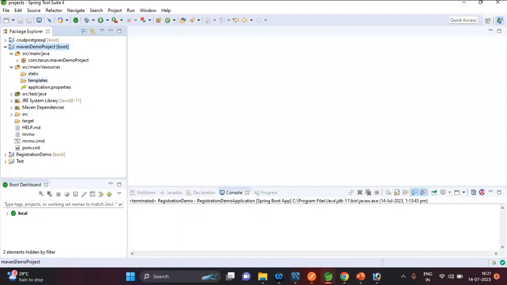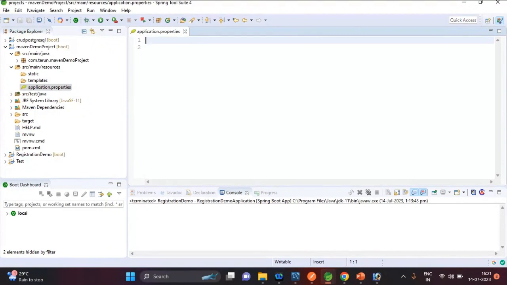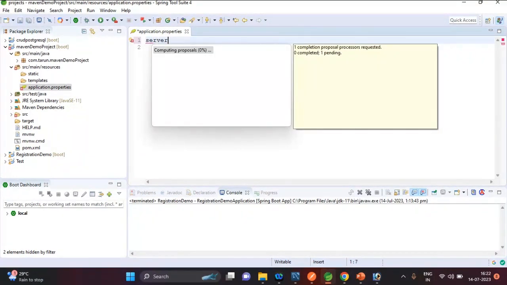In the static folder. And templates, that is, if you want to create a simple HTML file for a view, or Thymeleaf file, so Thymeleaf files or any HTML files are all inside this templates folder. And application.properties, this is the main file which we can call the configuration file for the project. You can use application.properties, or you can also create application.yml here. All required configurations we mention in this application.properties file. Like if you want to mention the server port, on which port you want to run your application, you can mention server dot,